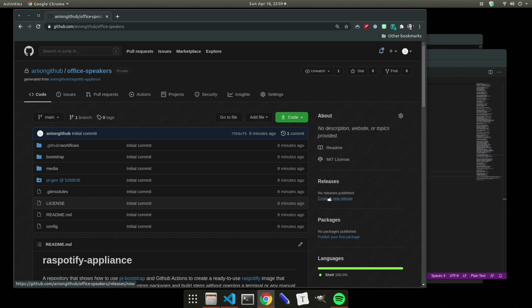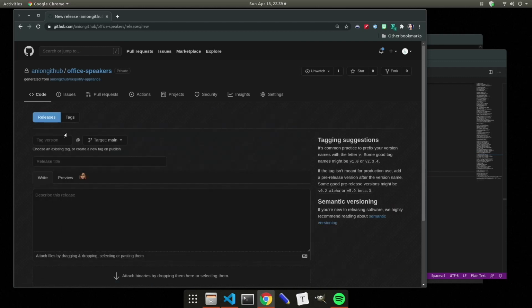Once again, let's create a release. So the release workflow will build our custom image, this time with all our Wi-Fi information, custom passwords, and shiny new Raspberry device name. If you're thinking, why release something for your own private repo? It's because this is a good practice, and that's how we do things on this channel.